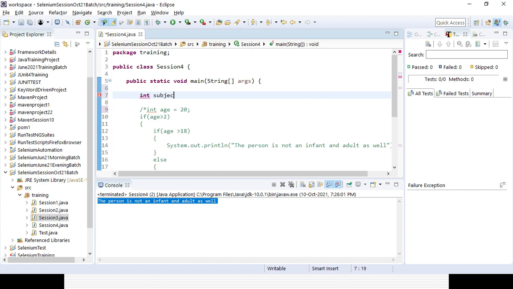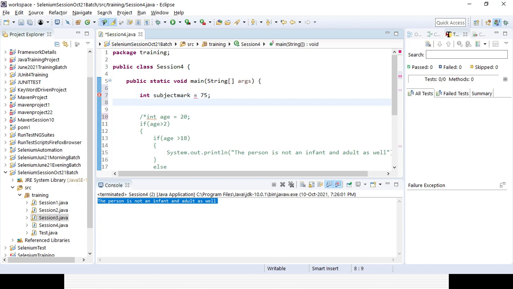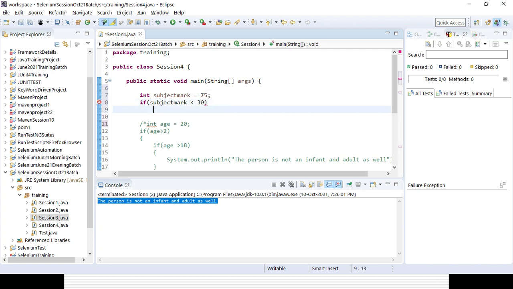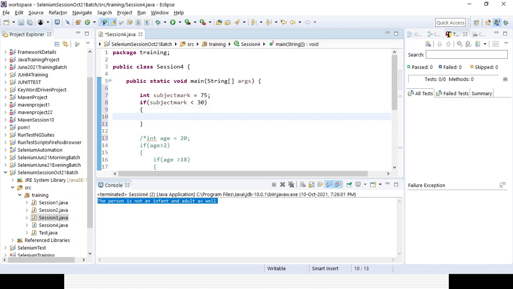Okay, suppose I am declaring a variable, integer subject mark. It is specific to any subject and you can give, suppose, any mark, say 75. So I can change it at any point of time. So here I am giving the if condition: if subject mark is less than 30. So what will happen? If it is less than 30, within the second bracket you will be giving the statement, right.